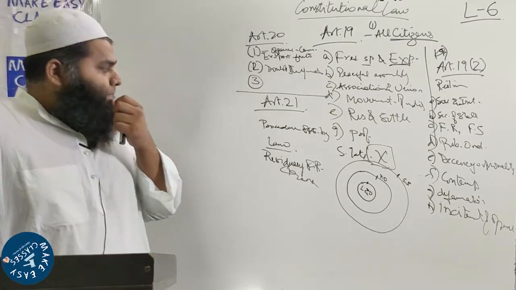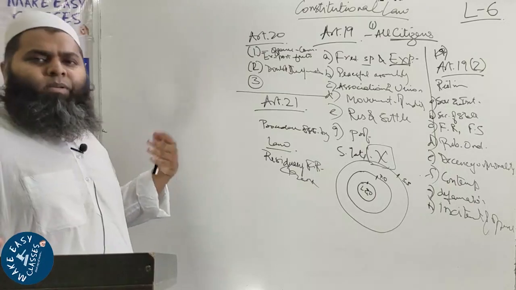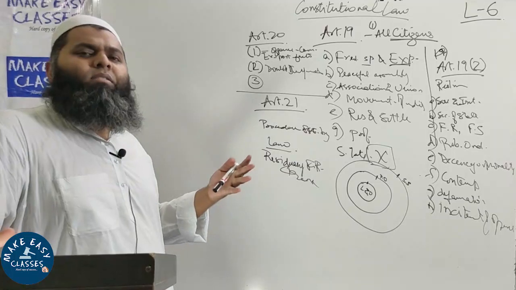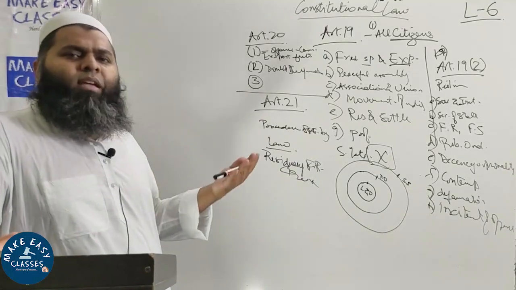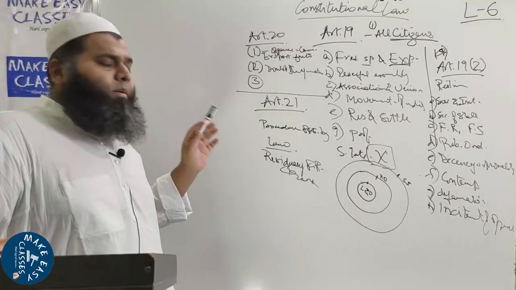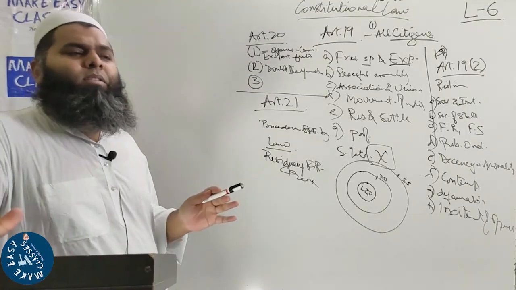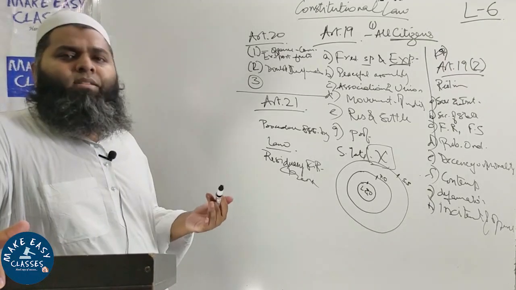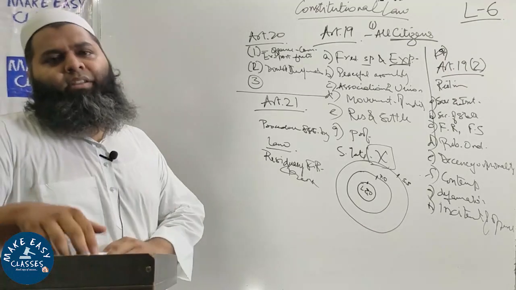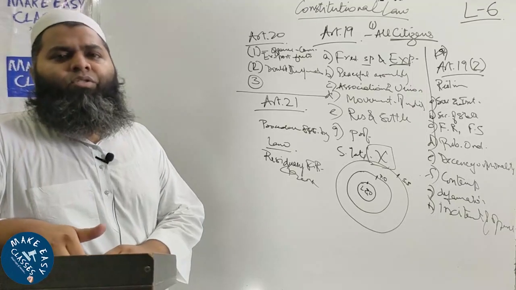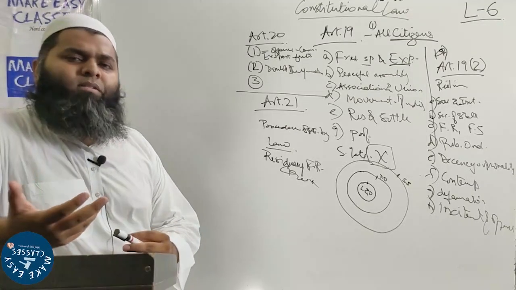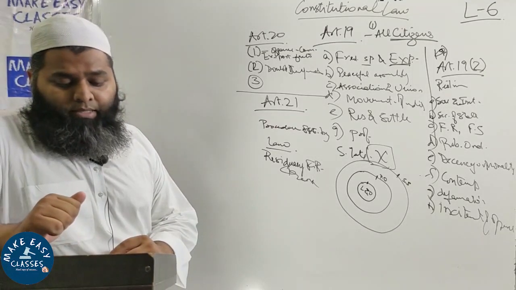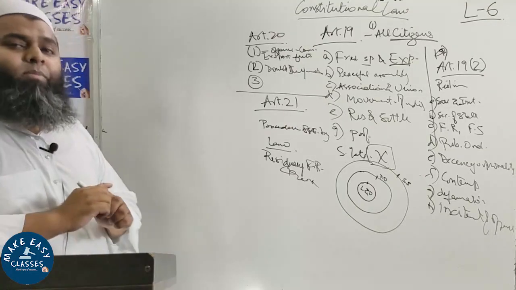The other thing is that life and personal liberty basically has been explained by the Supreme Court. That is something which we are not going into. That is something you need to study at the next level. In very short, I'll tell you that it's not mere existence. It means that there should be life with dignity. Now the thing is, what is meant by procedure established by law?